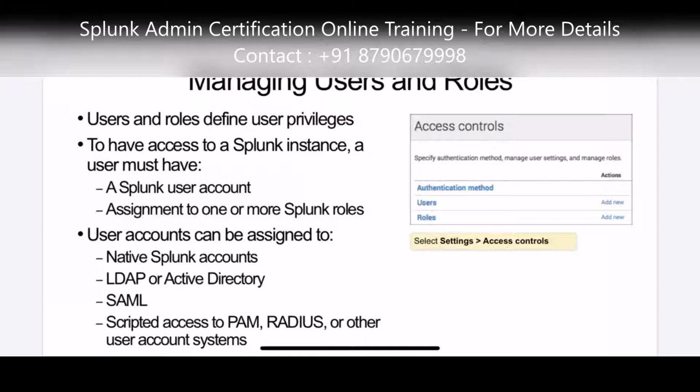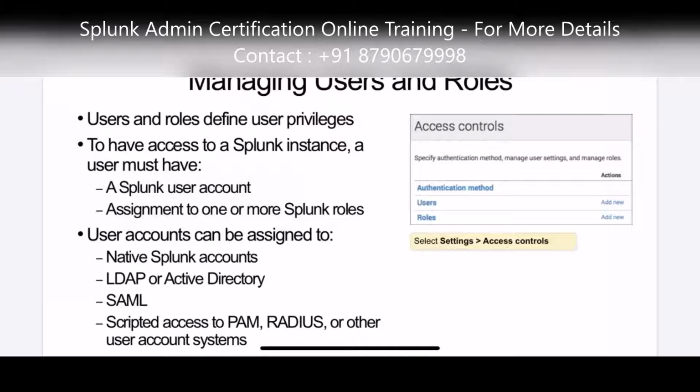And users, if you are creating something in Splunk directly, as I said previously, if a group is created that has to be approved by a manager, then that will get added in Active Directory. But when you are creating a group in Splunk, or adding a specific user in Splunk, it will show me a native Splunk account. Instead of LDAP, it will show me Splunk. It will come in the further modules.